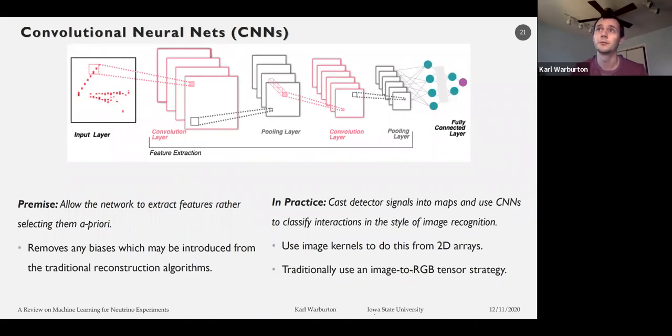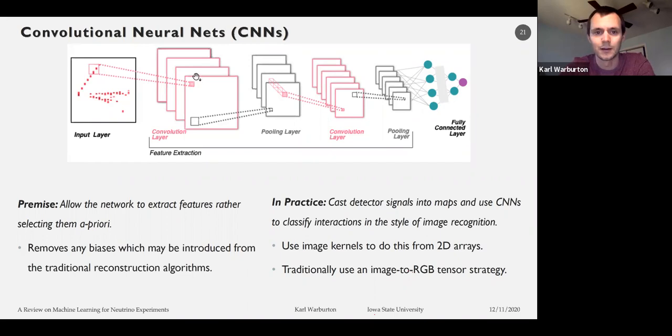Modern applications use convolutional neural networks. The premise is that you pass the network an image or a pixel map of what you're looking to identify, and you allow the network to extract the features rather than pre-selecting them yourself. The argument is that it removes any bias you may introduce from the traditional reconstructions. In practice, this means you cast the signals into images, and then pass them to